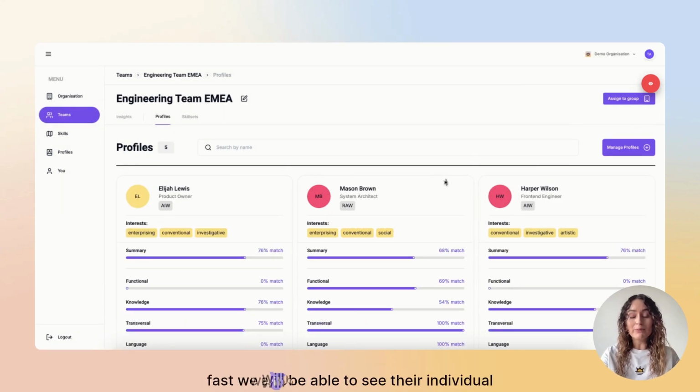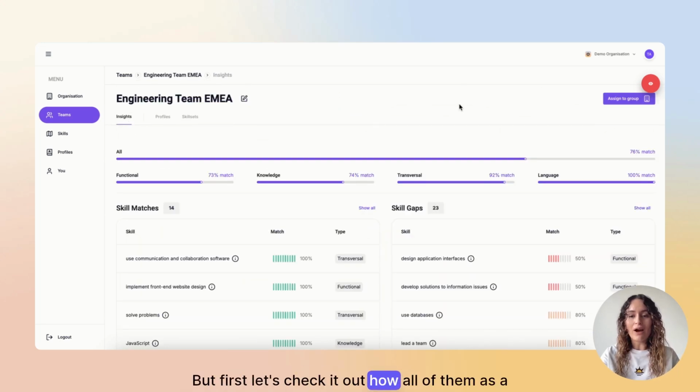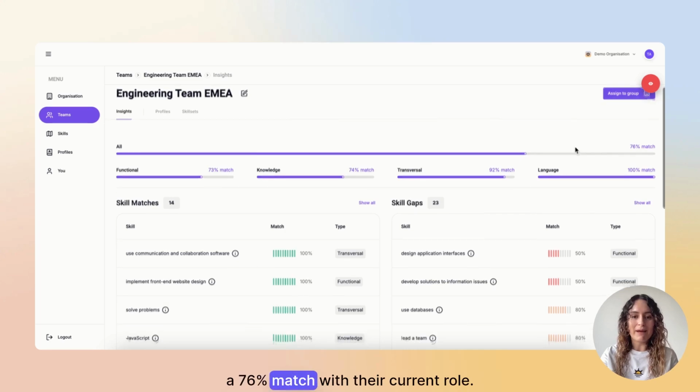And this is how fast we will be able to see their individual results. Let's go more deeply into that in a moment. But first, let's check out how all of them as a group perform versus the skills that they need for their current role. So here we will see that all of them have a 76% match with their current